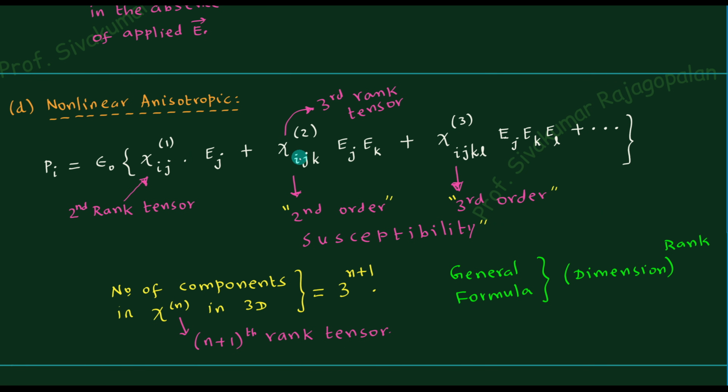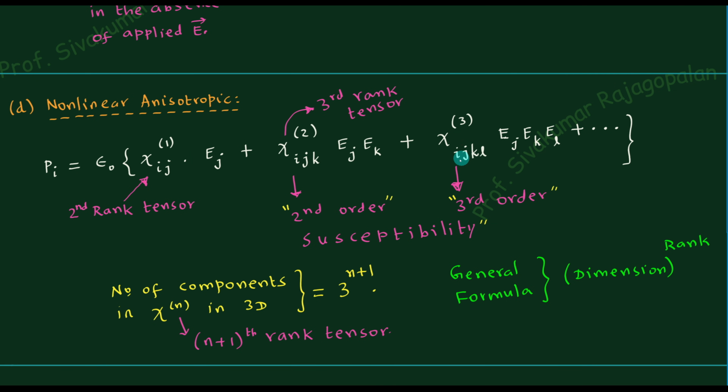Okay, this is not a single matrix. You can't write a single matrix of 27 elements. No, that's not possible, and that is why I am trying to visualize. Visualize means you must be able to see how it looks. It will look like 3 sheets of paper. In each sheet of paper, I have a 3 by 3 matrix. Such an object is known as a third rank tensor.